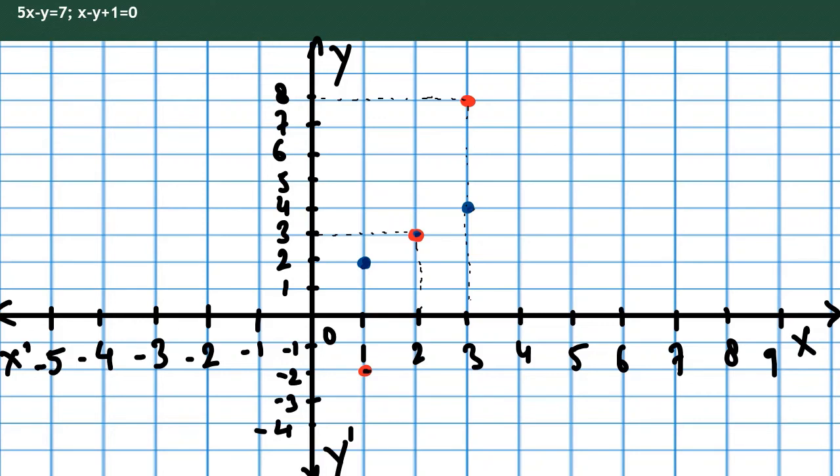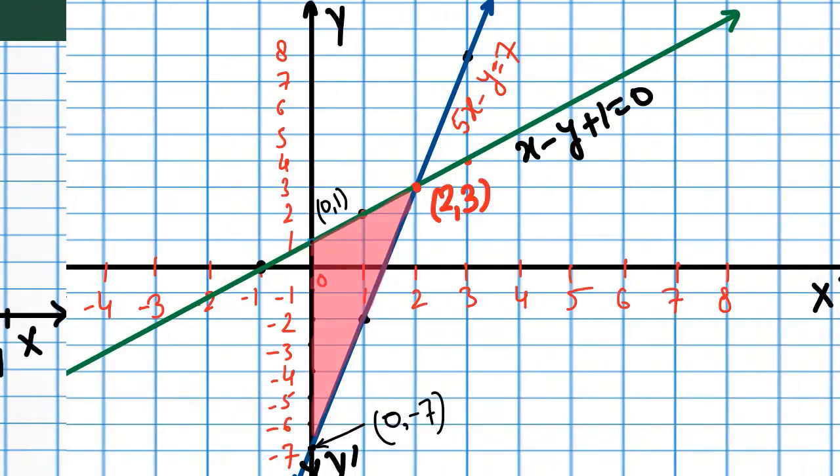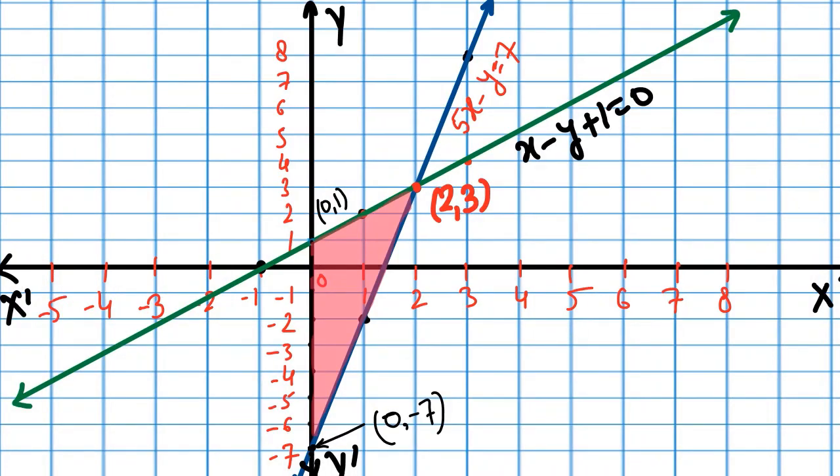So when we join them, see, I'm going to join the red dots by a red line. So this red line will come in this manner. Okay, and the blue dots by a blue line. So this line will come in this manner. Okay, so you will find the graph of these equations in this manner. So I'm showing how it would be visible. See, it will be visible in this form.